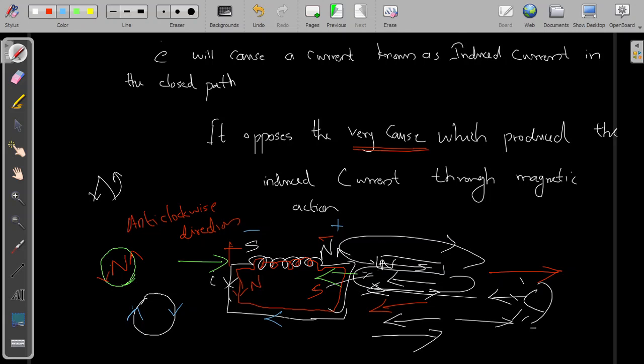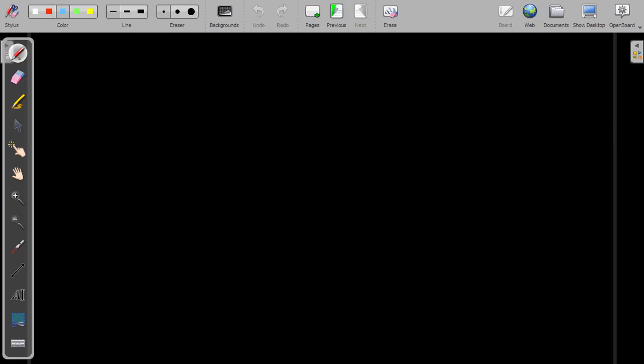So that is what Michael Faraday also observed, because when the bar magnet is moved in the opposite direction, the galvanometer is deflected in the opposite direction. Why? Because the direction of flow got reversed, and the direction of flow is given by Lenz's law. Later Lenz discovered the direction. And the mathematical modeling